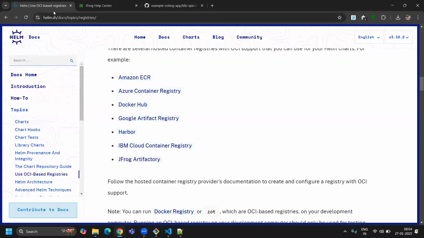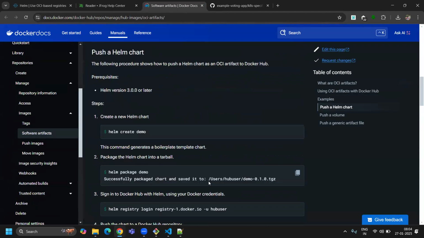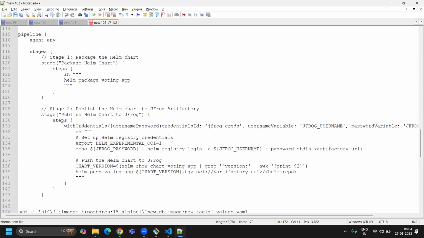So whichever type you want to use, if you want to push it to Docker Hub, you can use Docker Hub. You have to push to Docker Hub, and you will have that. Make sure that by default you set this value in the export. You have to export this value, set this environment variable, only then can you push your repository to the